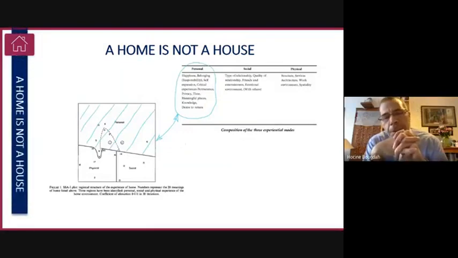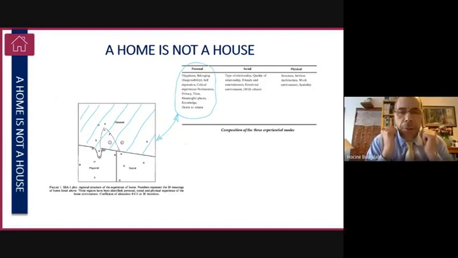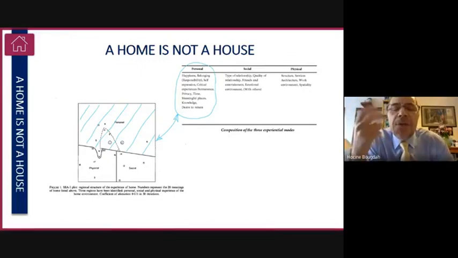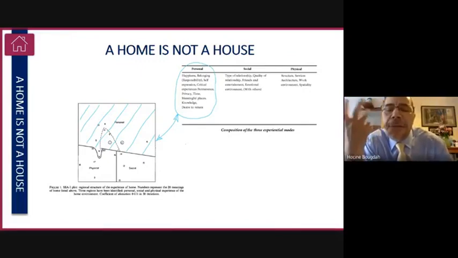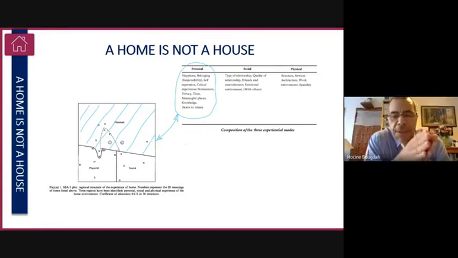Here, this is simply an analytical process. It doesn't mean that when you live in a home, today you'll experience it in a personal way, tomorrow in a social way, or the day after in a physical way. No, this is simply an analytical model. At any moment, it could be the three together, it could be more, it could be less.